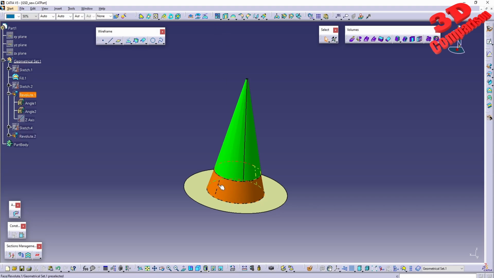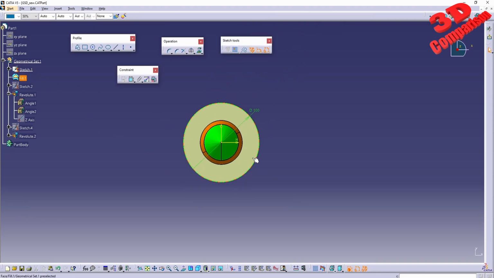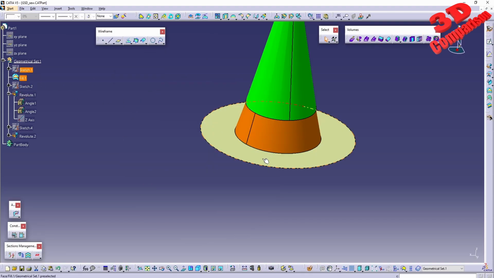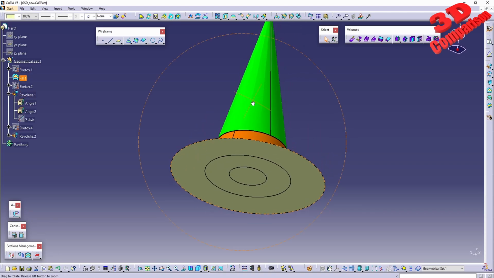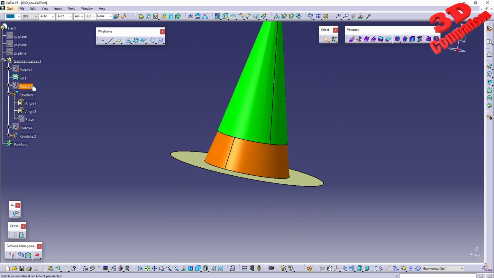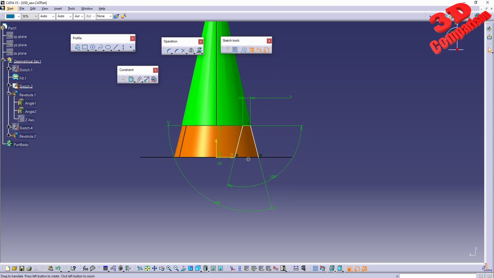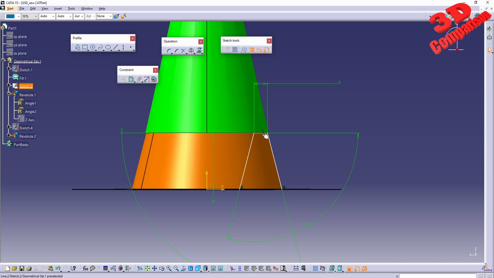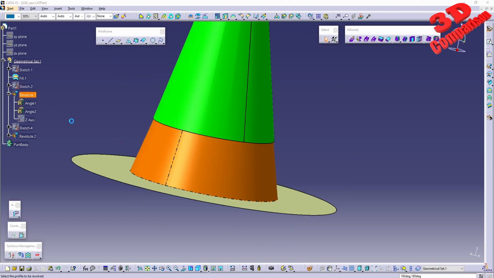Now, in order to show you the functionality of that, let's take a look at the elements over here. So we have the sketch over here with the circle, and that will be filled in order to obtain the yellow surface over here on the bottom, as we can see. Afterwards, we're going to have the following sketch. So this sketch will be composed of 3 lines. The one over here will be set to horizontal, and this will be used with an axis to define the